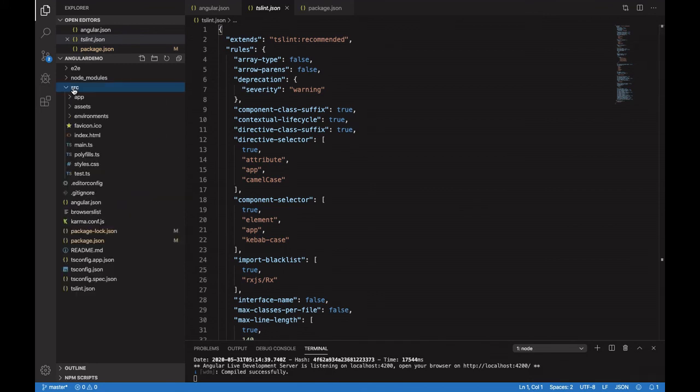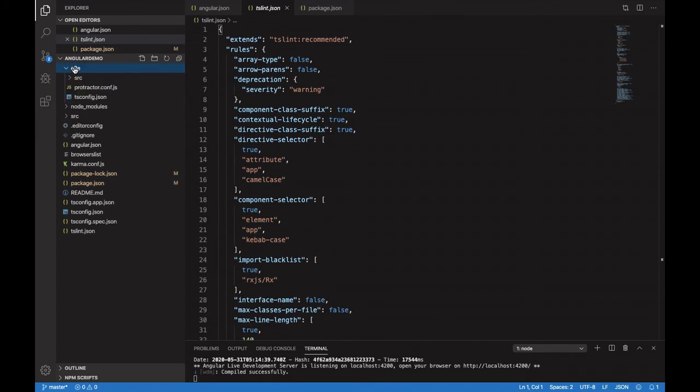In our next video we'll see the files related with the source folder as well. Apart from that, there are two more items, e2e and node modules. So e2e stands for end-to-end test cases. In this one you will get your protractor.conf.js file as well. If you are going to write test cases for your Angular application, those settings will come over here. We'll see how to write test cases in our further videos.